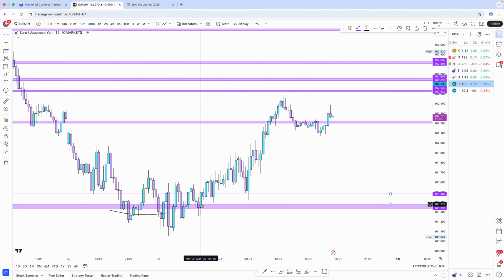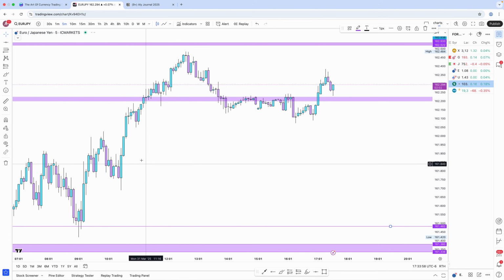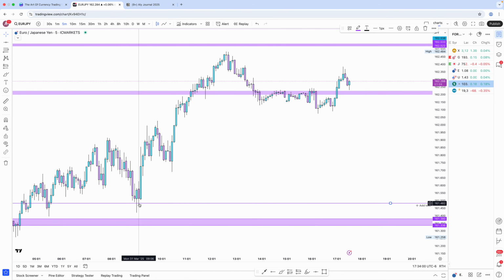So this all cleared. It was a little bit messy because again, it was just manipulating a lot and consolidating, and then eventually the buy orders took off and New York came in. So it retested and closed above the 480, and then it also retested here. If you go down lower, you can even get more and more price action at the 480.